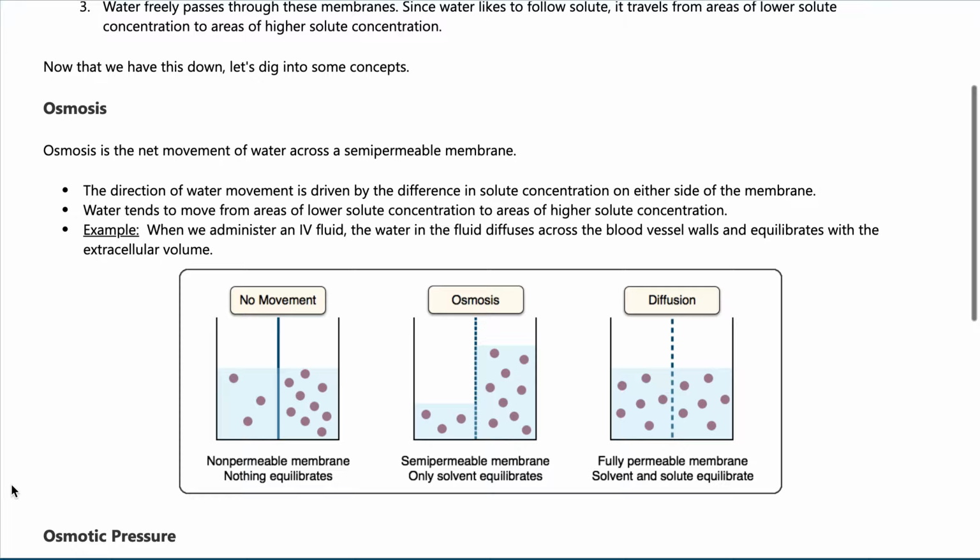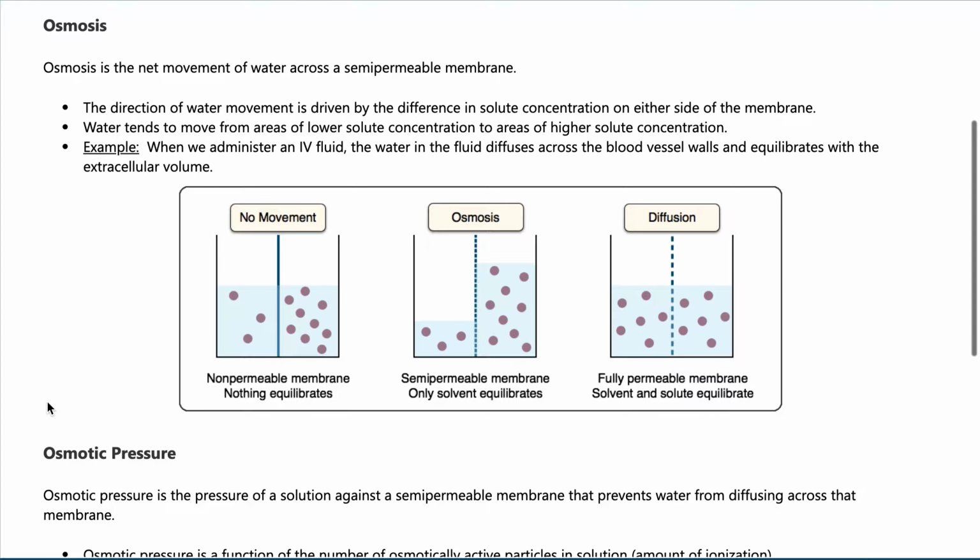So starting with osmosis, this is the net movement of water across a semi-permeable membrane. The direction of water is driven by the difference in solute concentration on either side of the membrane. Water tends to move from areas of low solute concentration to areas of higher solute concentration. For example, when we administer IV fluid, the water in the fluid diffuses across the blood vessel walls and equilibrates